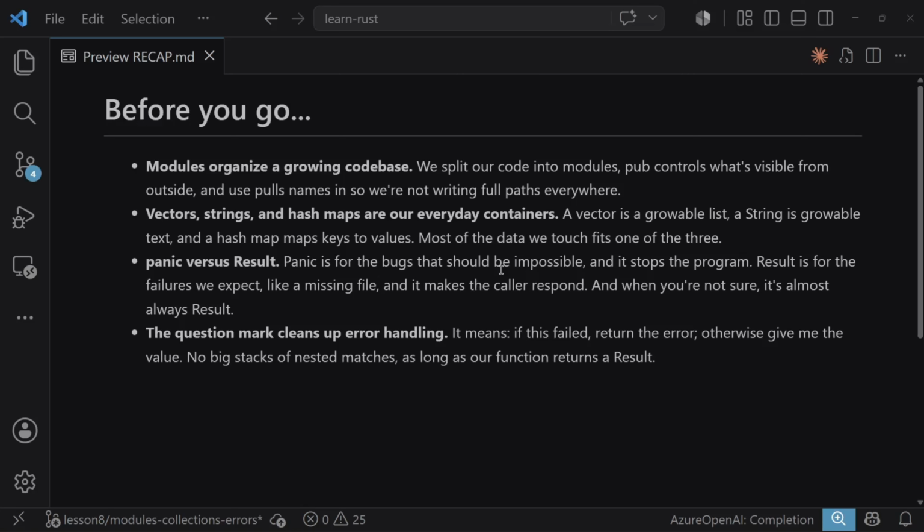Now in our next episode, we're going to build our second project. We're going to build a small interpreter all the way from raw source text through to actually running it. And we'll kick that off by turning text into tokens and grow it out into a syntax tree. It's going to be a really meaty project,